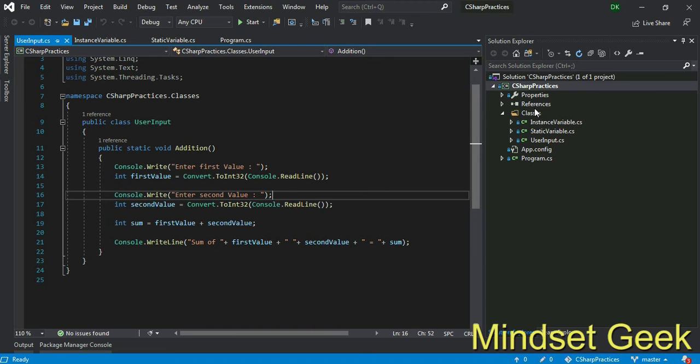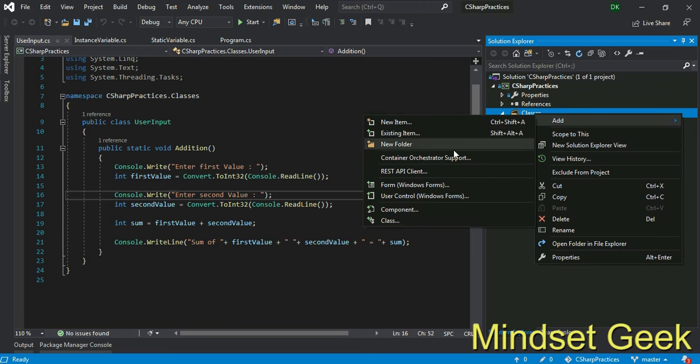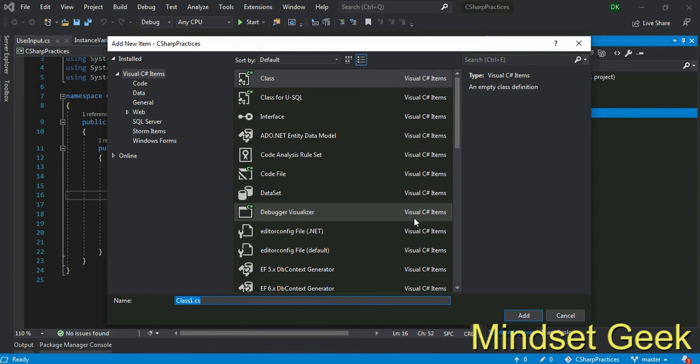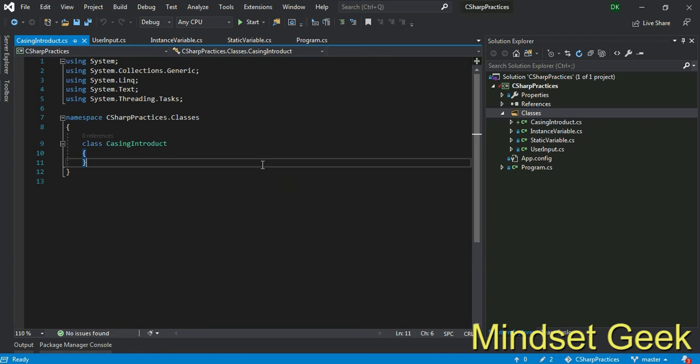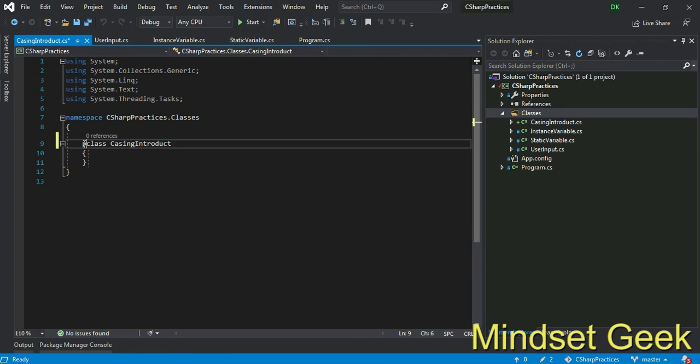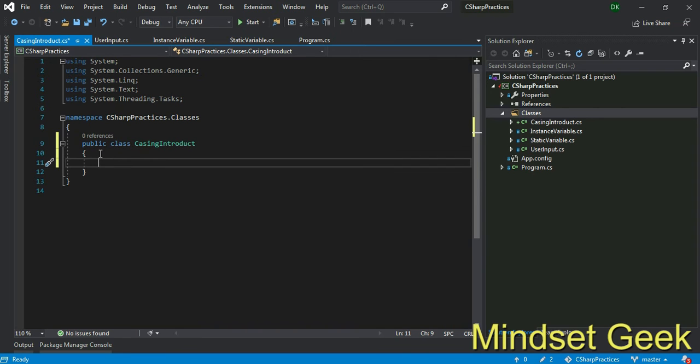As first part, I want to add a new class, casting introduct. You can use whatever class, right? It doesn't matter. Now you know this is your namespace and you have a class. You can use this class, make it public. Don't worry about this, right? Okay. Now I want to create a few local variables or instance variables. Actually, I first create a method